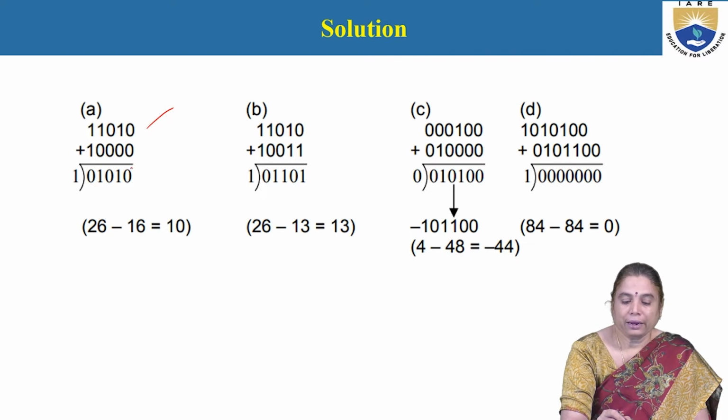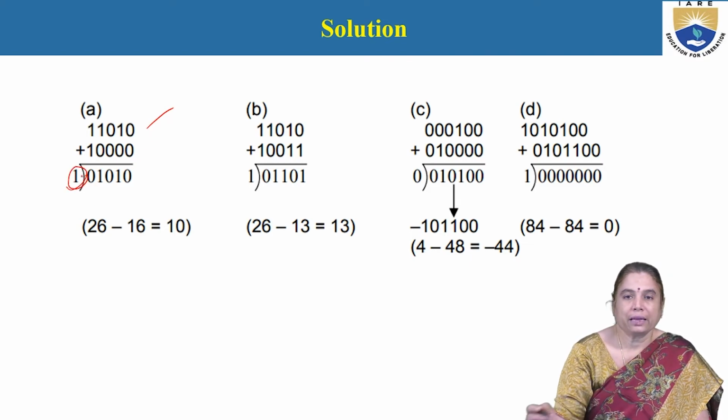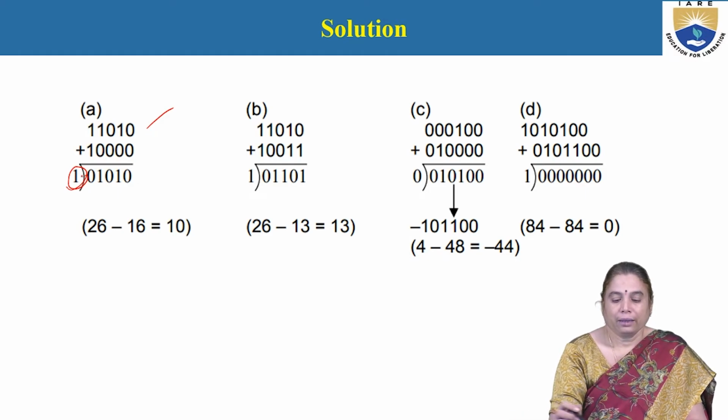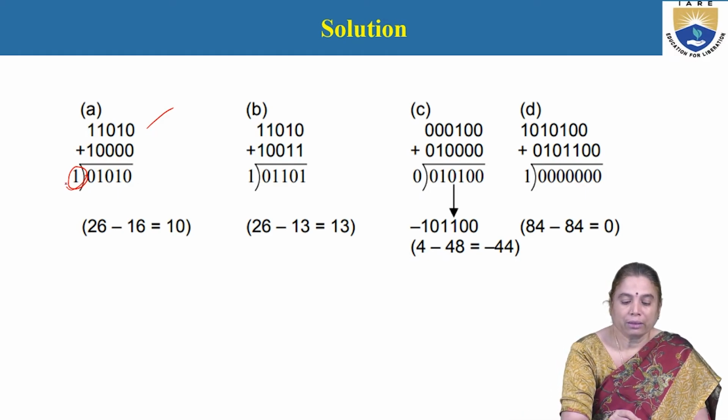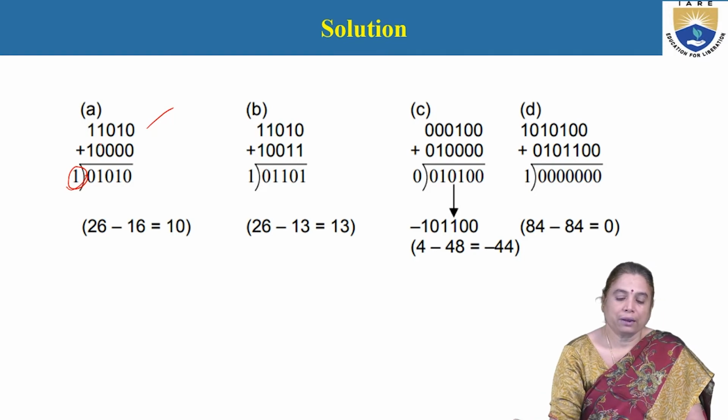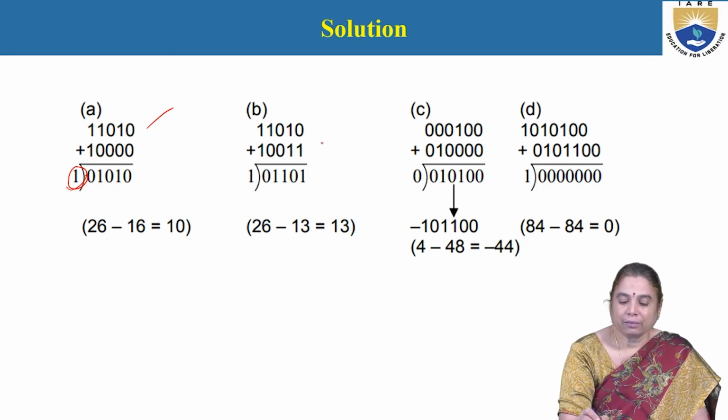And by adding, if at all an extra carry is produced, that carry can be discarded. Here, after adding, in the first case, the extra carry produced is discarded. In the second case also, after addition of the complement of the subtrahend, an extra carry is produced,